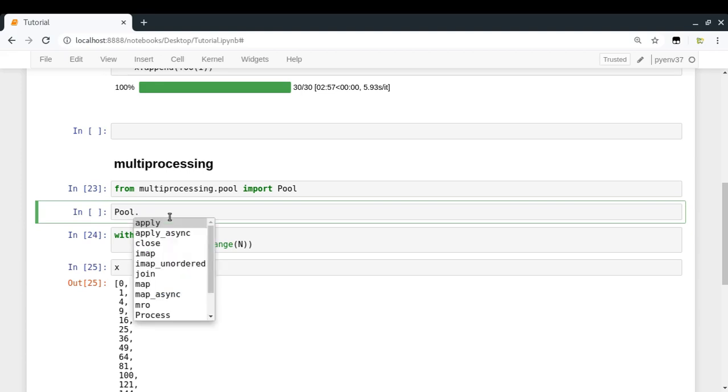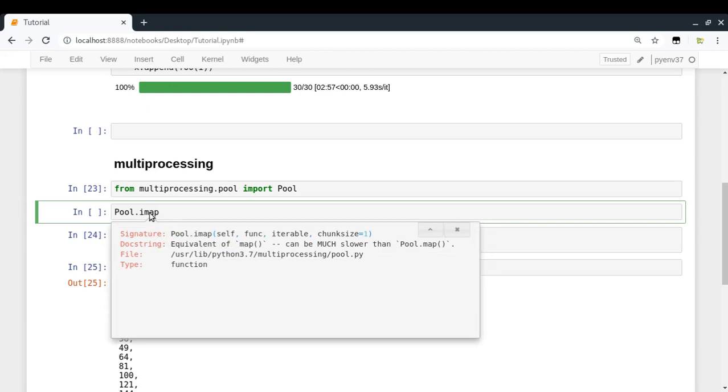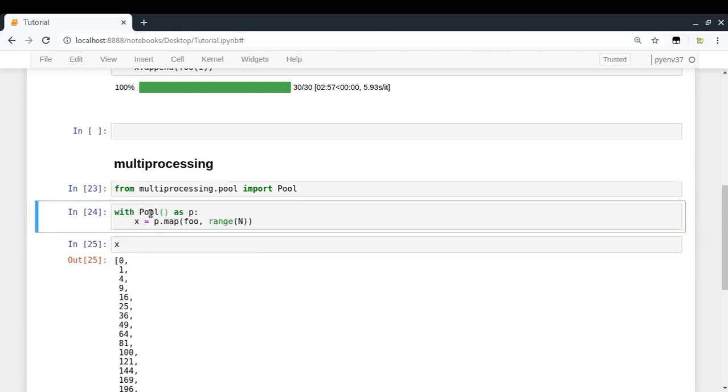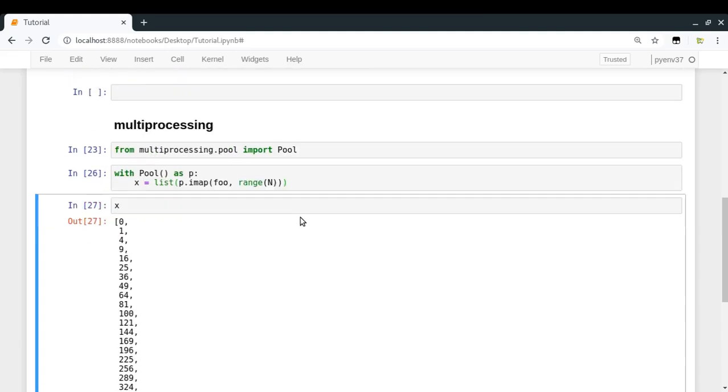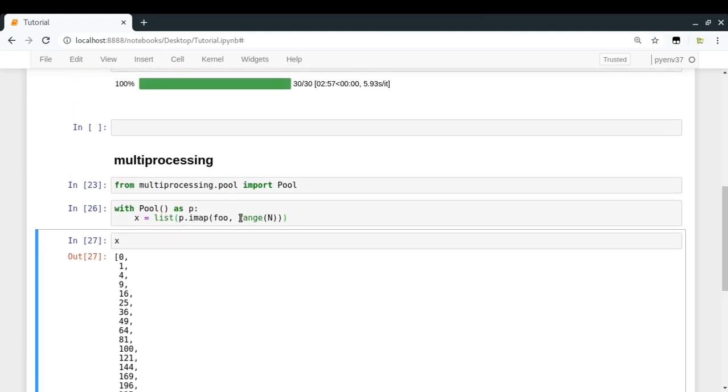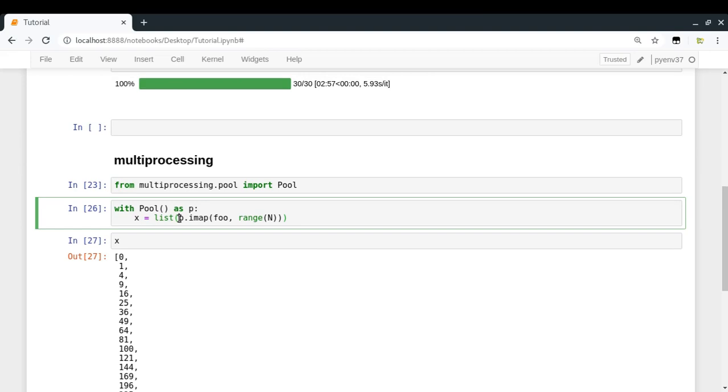The Pool class also has a function called imap. imap will actually return me an iterator which I can iterate over, with the results coming out as soon as they are processed. So what I'm going to do is replace it like this: x equal to p.imap, and now convert it to a list explicitly. That will also generate the same result for me. So we are getting the same result. But now what I have here is an iterable that I can just wrap with tqdm, and I'll be able to get what I need, which is the progress bar.